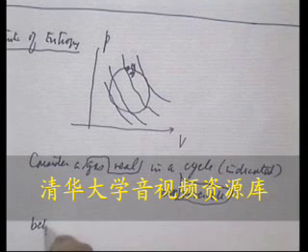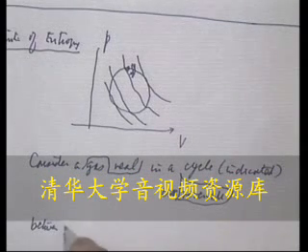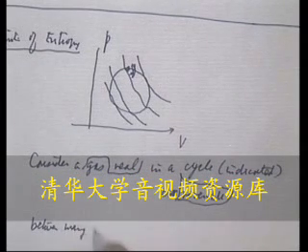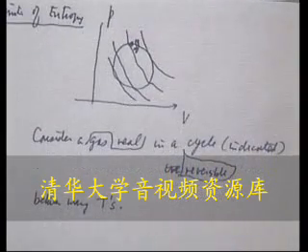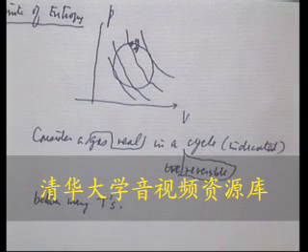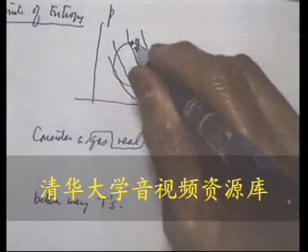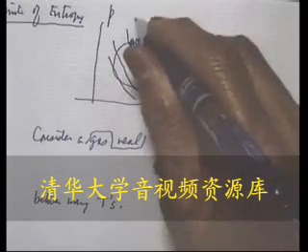Between many temperatures, many T's. We'll start from 一个 point A。